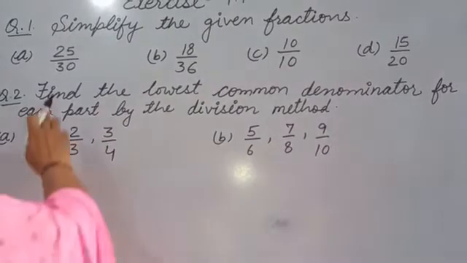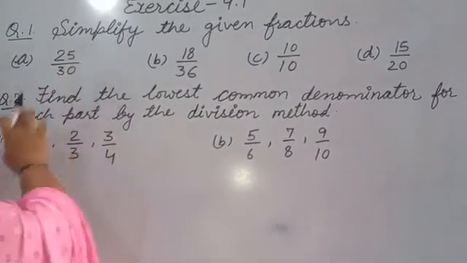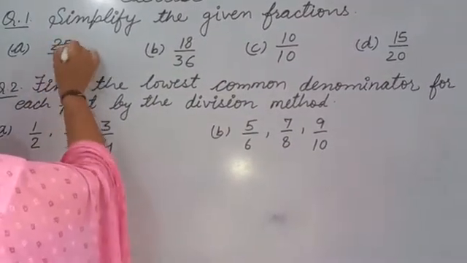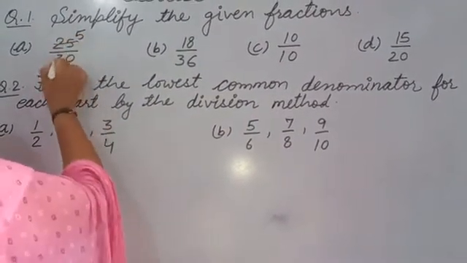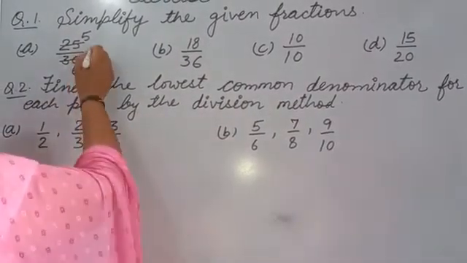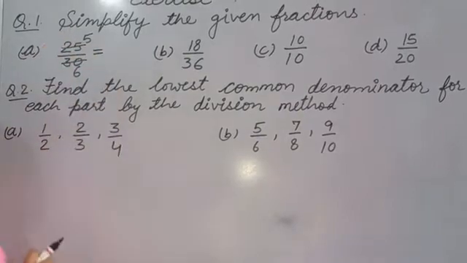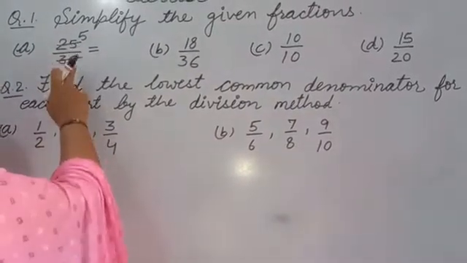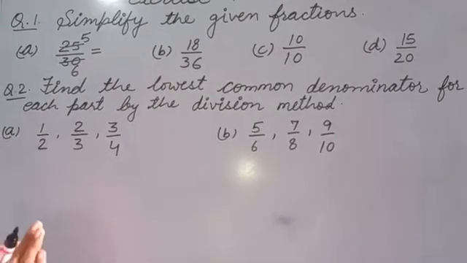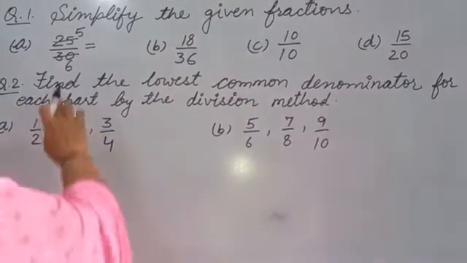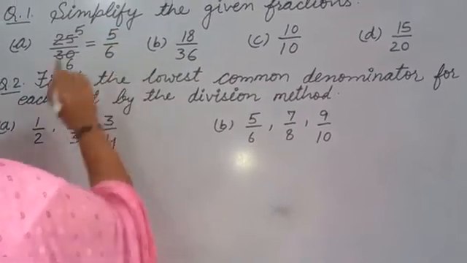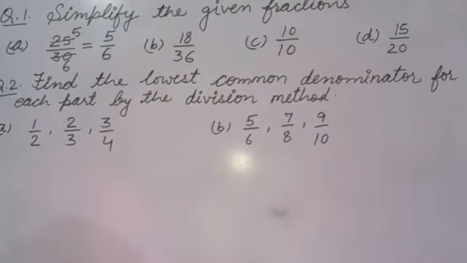Okay, so there, 5 is the common number by which we can divide numerator also and denominator also. So we should divide: 5 5s are 25 and 5 6s are 30. Okay, so now we will see that 5 is a prime number and in the 5 table we don't have 6. That means now it has come to the lowest term. Now we have reduced, we have simplified it. So in the numerator there will come 5 and in the denominator there will come 6. So this is the simplification.